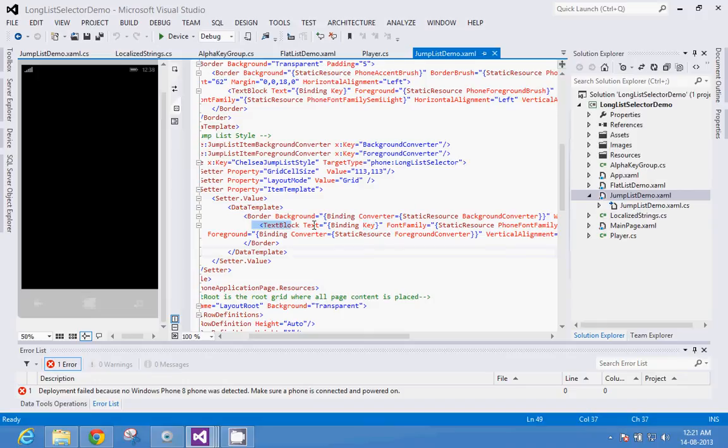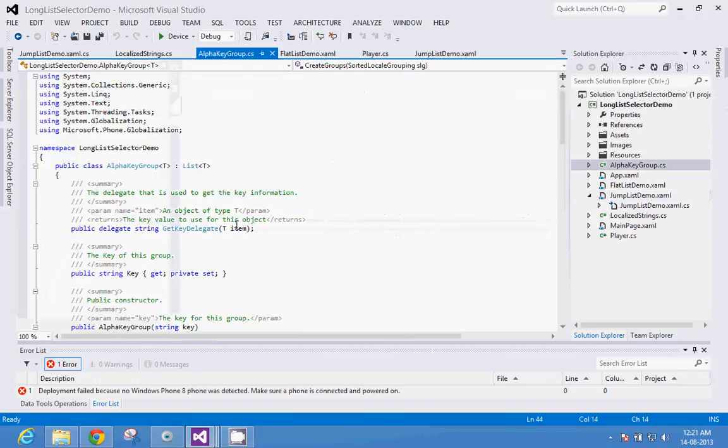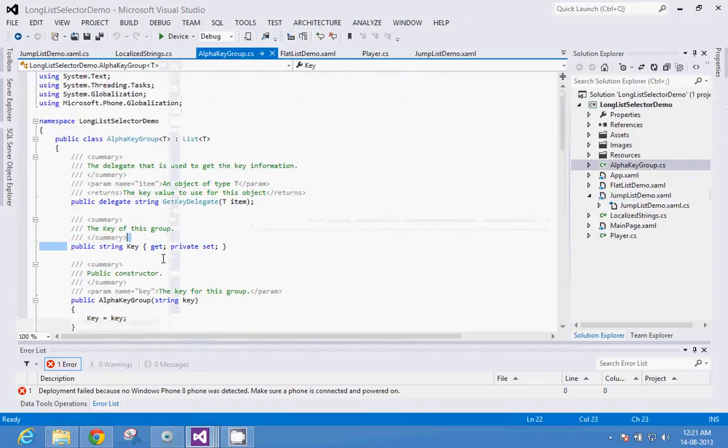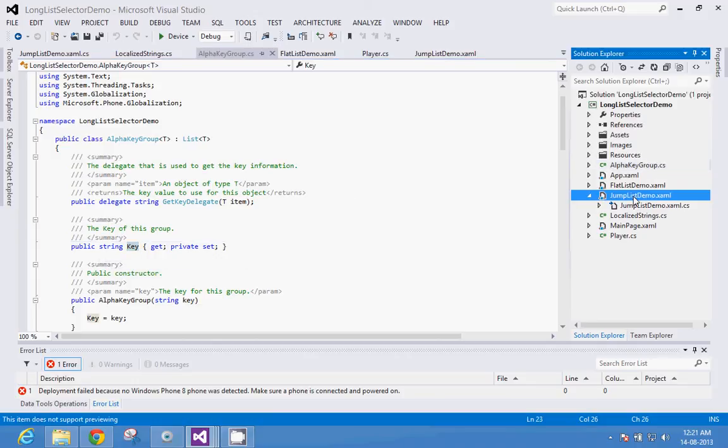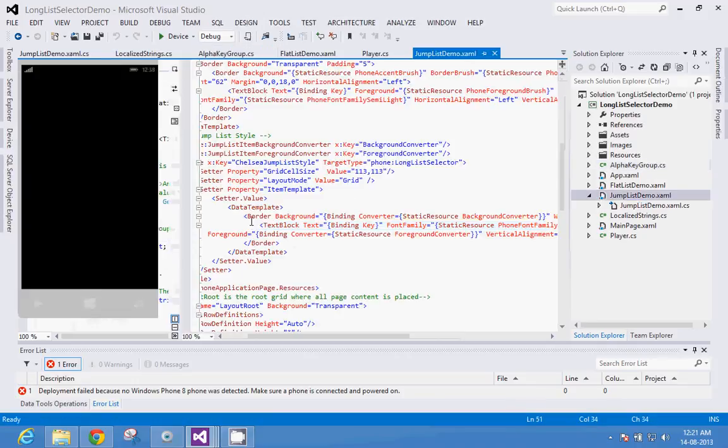Key is actually a property of this AlphaKeyGroup class, because AlphaKeyGroup will group your collection into alphabetical order, and then this Key will hold the A, B, C, D and everything. So that's why in your jump list style you are binding that TextBlock in your DataTemplate to Key, right?